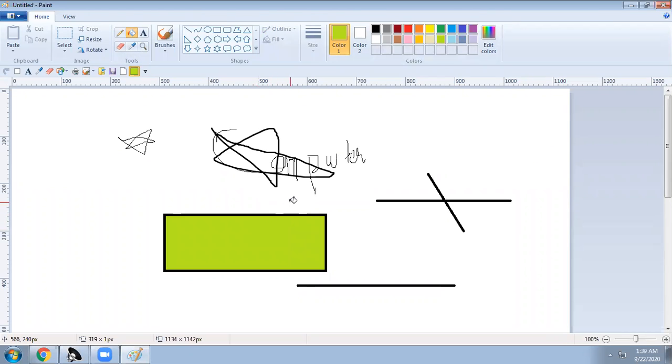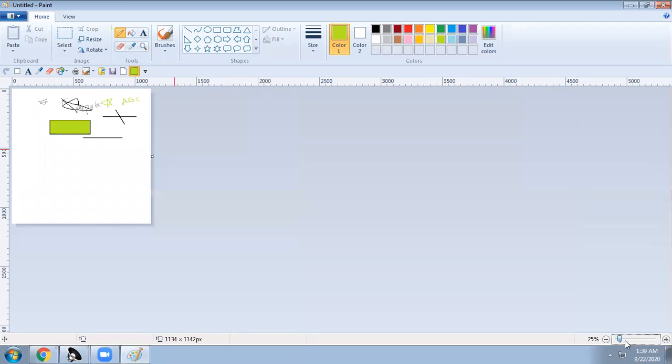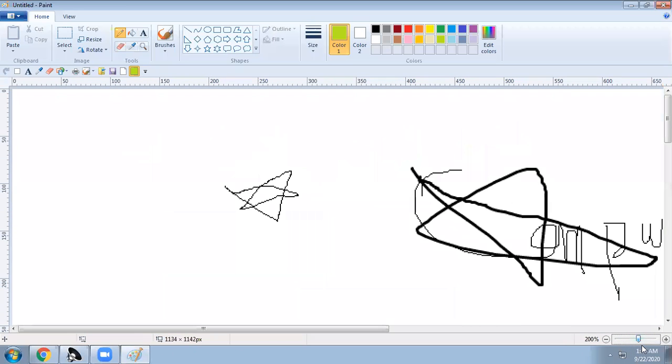So this is the thing we have. If I take the pencil, I can take the size as well. If I want this much size, to write like this, A, B, C. The general thing I want to show here is we have 100% to 0. We can minimize or maximize our painting like this.